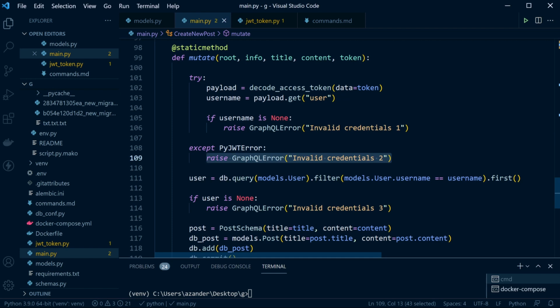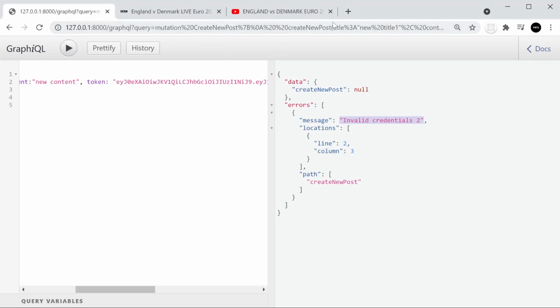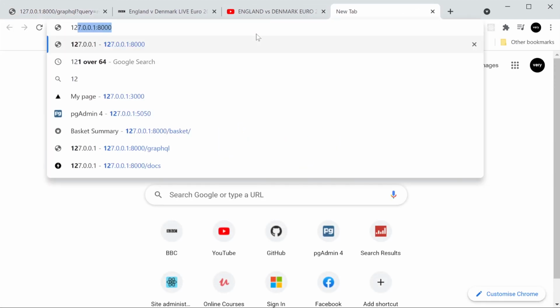Right, so if we were to think about some of the other rules, it's just a case of thinking about what other things we need to think about. So here, for example, we've got invalid credentials 1. So what happens if, for example, the user deletes their account and then they try and log in? So let's just go into, it's a bit of a pain, I do apologize. I'm just going to go into